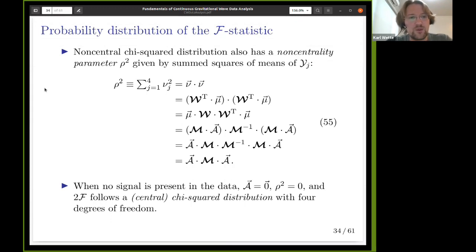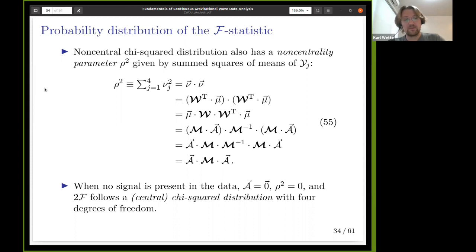And the non-central chi-squared also has a parameter called the non-centrality parameter, which I'm going to write as rho squared, and that's given by the sums of the squares of the means of these Y uncorrelated variables. So equation 5 basically works those out. It's summing over these means given by the new vector. And if you substitute in the results that we've got before, you get this nice expression at the bottom, which is a dot m dot a, which gives you the value of this rho squared